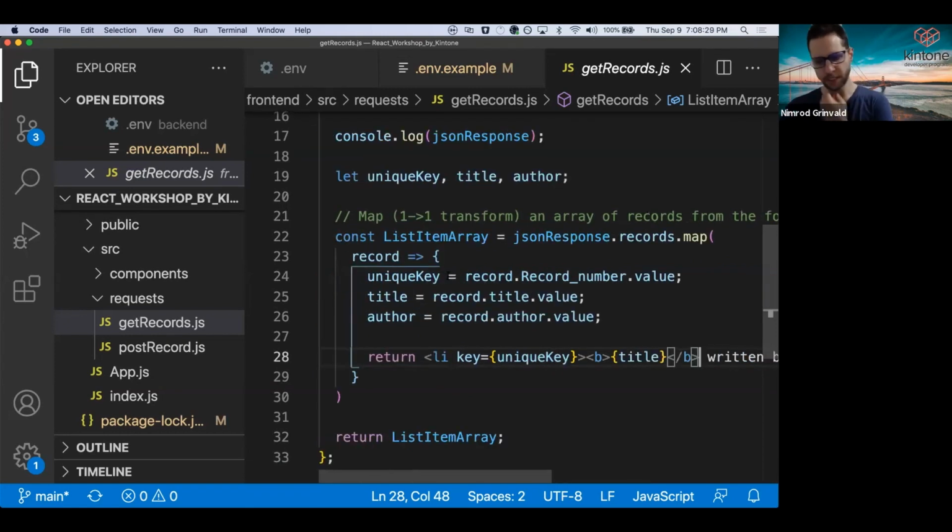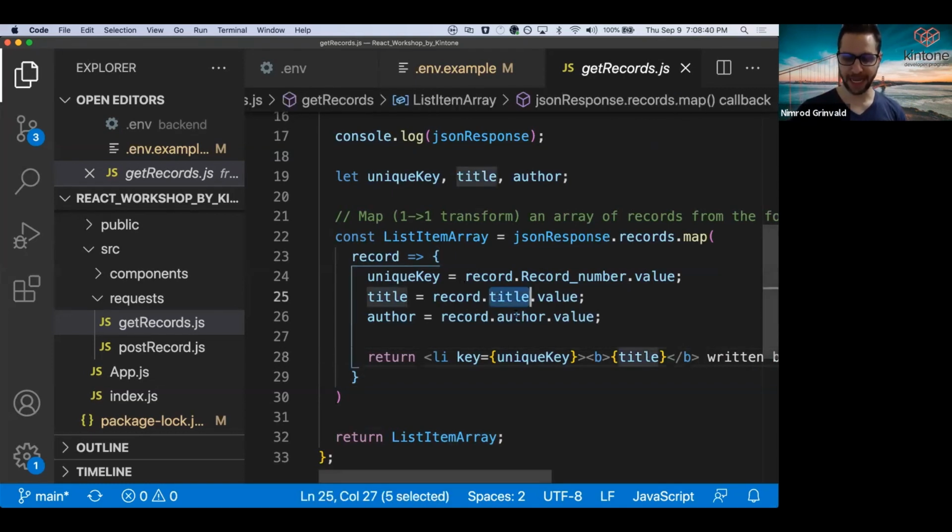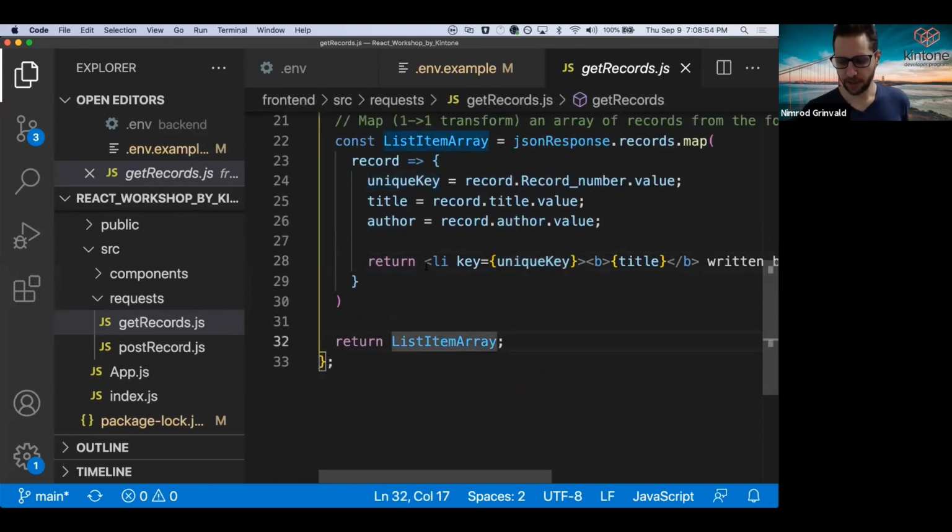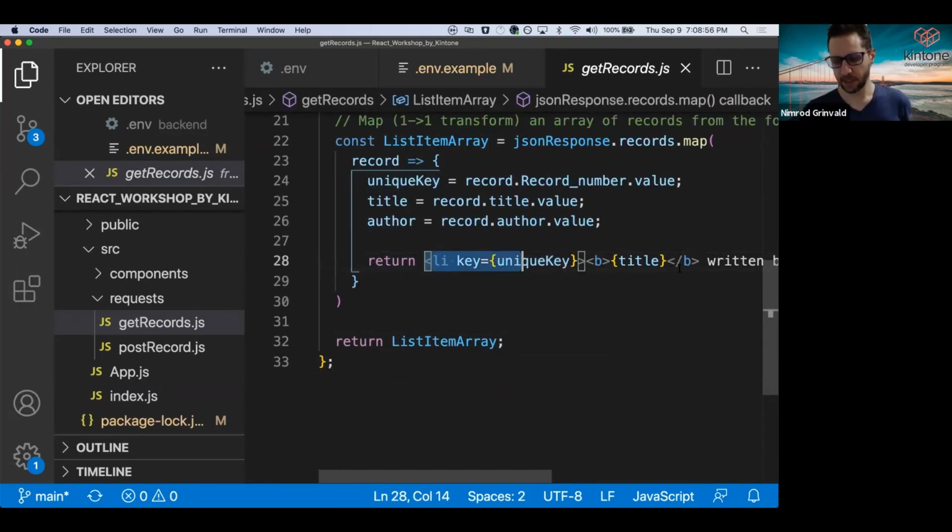that has a unique key, and it says title written by author. And so what we're doing is for each record, we're grabbing the unique record number, we're grabbing the title, and we're grabbing the author, and these are the names of the field codes that you put in not too long ago. If you put in different field codes than the ones that we gave you, your code will break, so be aware. And then what we're going to do is we're going to return this list item array of